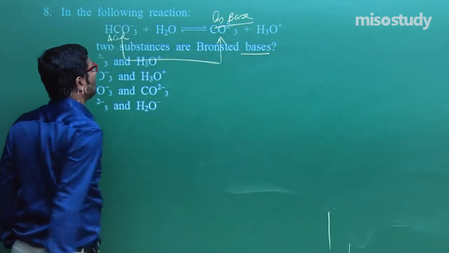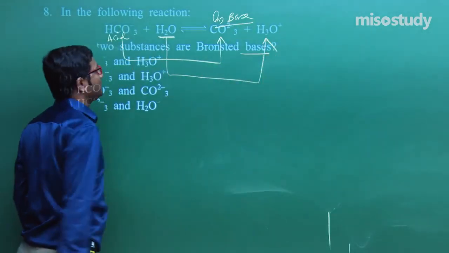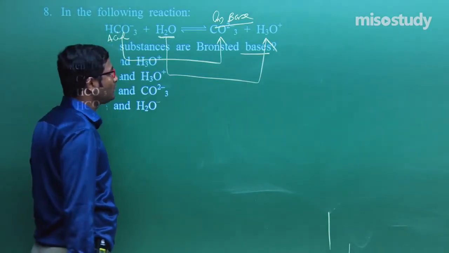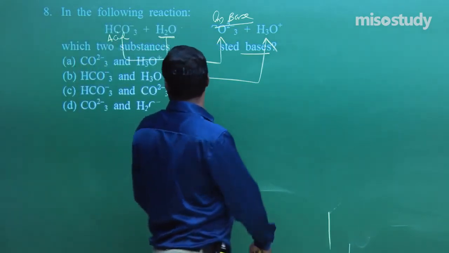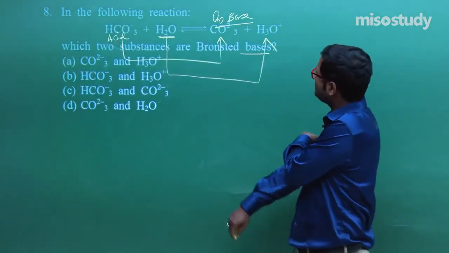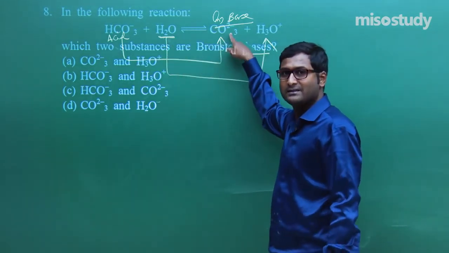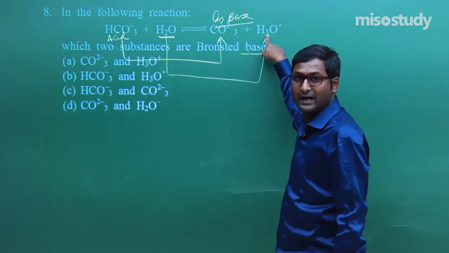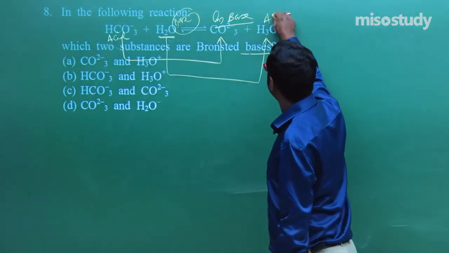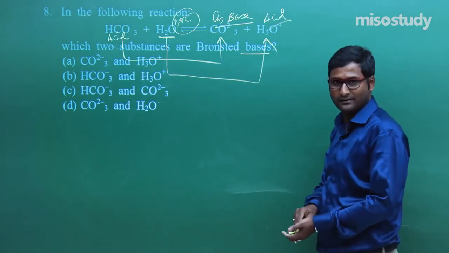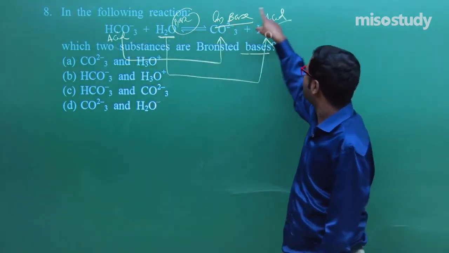Clear? Okay. H2O converted to H3O plus. Clear to you? If I talk about H3O plus, then what will happen? Check it out, friend. Find out the Bronsted base. H2O, it gains hydrogen. If it gains hydrogen, then this one is a base and this one is an acid, its conjugate acid. This is a conjugate acid base pair. Acid, conjugate base, base, conjugate acid.